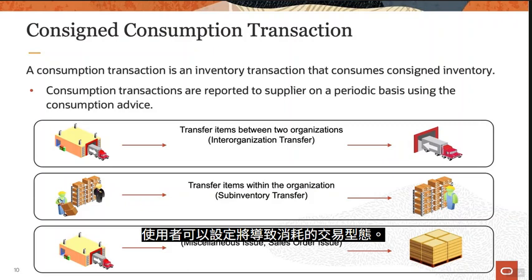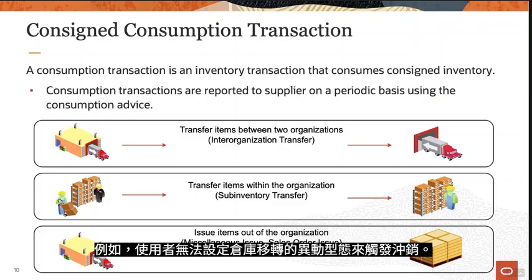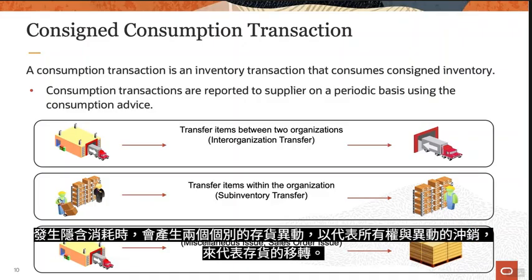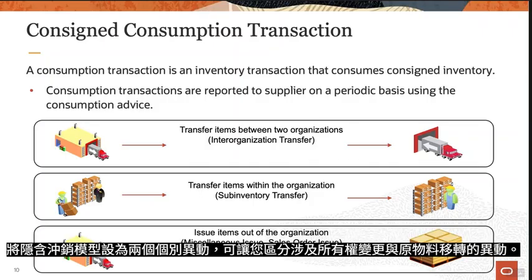Users can configure the transaction types that will result in consumption. For example, the user can configure a transaction type of sub-inventory transfer to trigger consumption. When implicit consumption occurs, two separate inventory transactions are generated: a transaction to represent the consumption or change in ownership, and a transaction to represent the movement of inventory. Modeling implicit consumption as two separate transactions allows the segregation of transactions involving the change in ownership and the movement